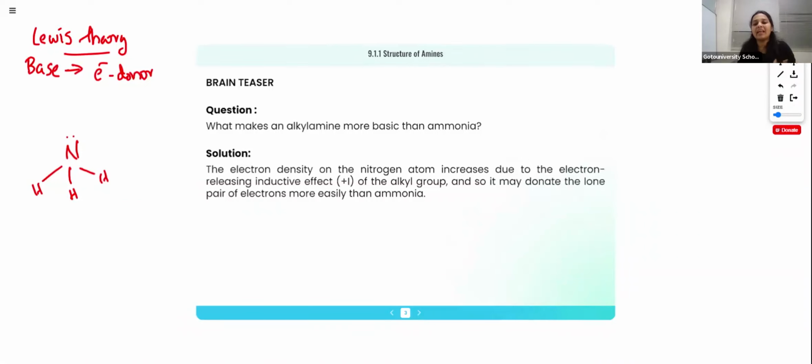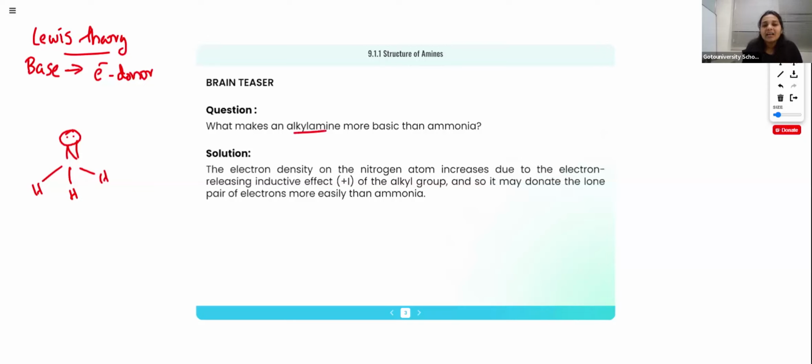There is a basic character in ammonia. Why is there a basic character in ammonia? Because in ammonia, the nitrogen atom has a tendency to lose these 2 electrons. That is the unbonded electrons. They are the lone pair of electrons. Got it? Yes. But the question is,